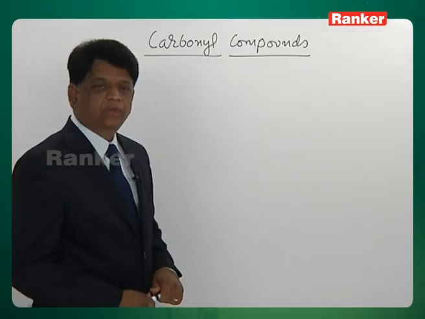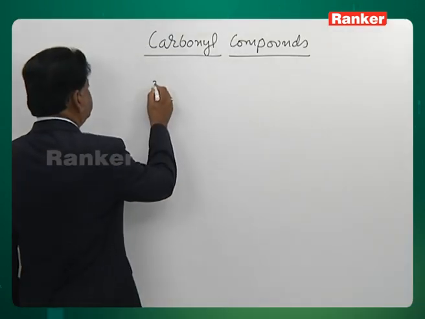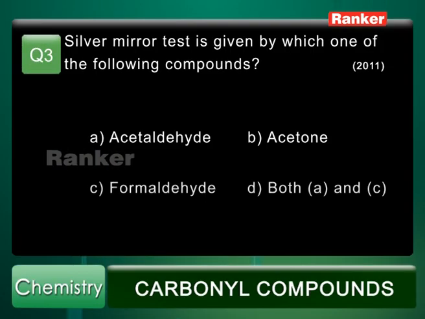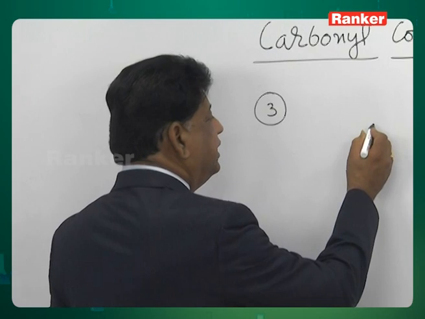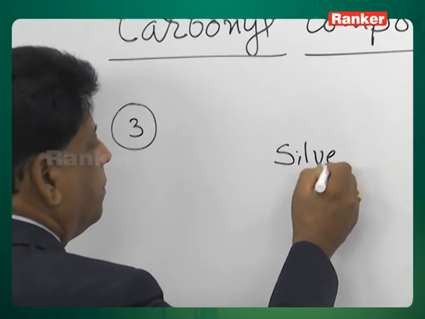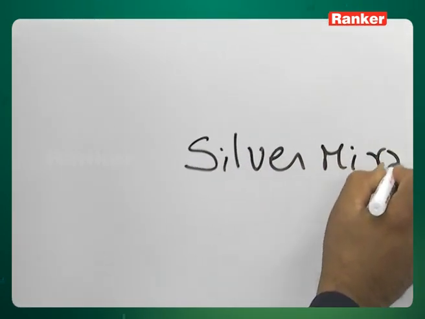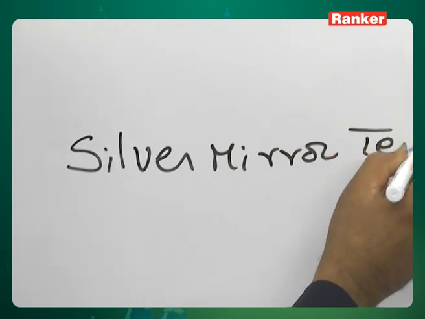Let's go to question number 3. The question is, silver mirror test is given by which one of the following compounds? This is a 2011 question, almost recent. The options are: A acetaldehyde, B acetone, C formaldehyde, D both A and C. Here the silver mirror test is also known as